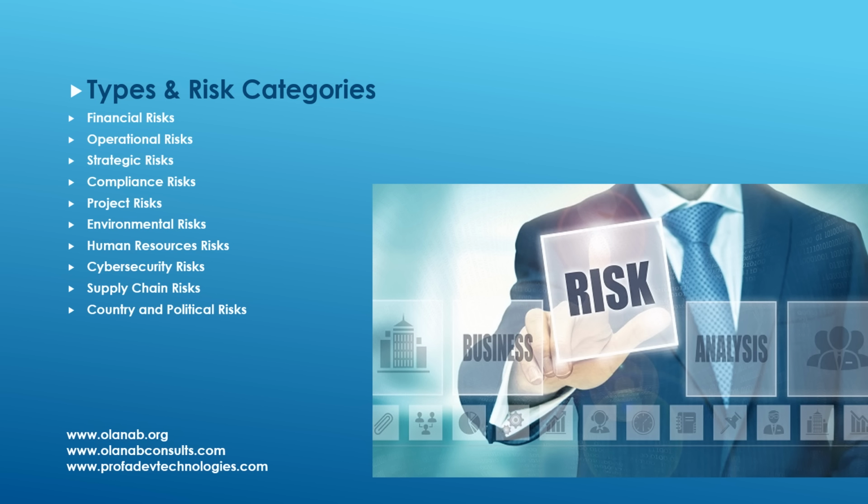Operational risk. Operational risk can be further classified into three types. First is internal risk, second external risk, third compliance risks. Now, internal risks are risks arising from internal processes, systems, people, or events. External risks are risks arising from external factors like natural disasters, political events, or technological failures.